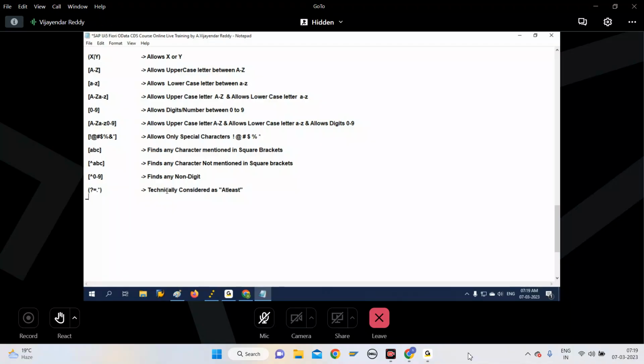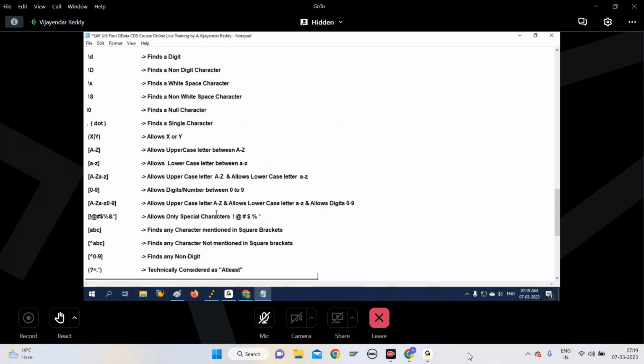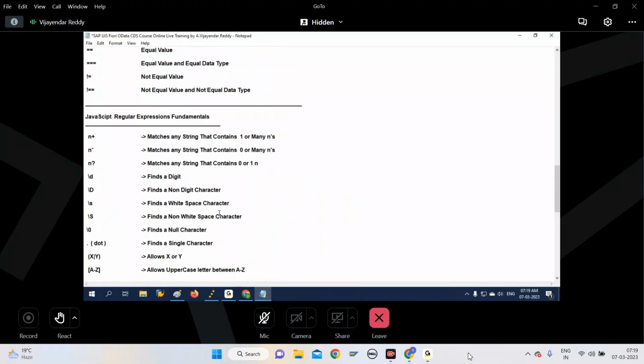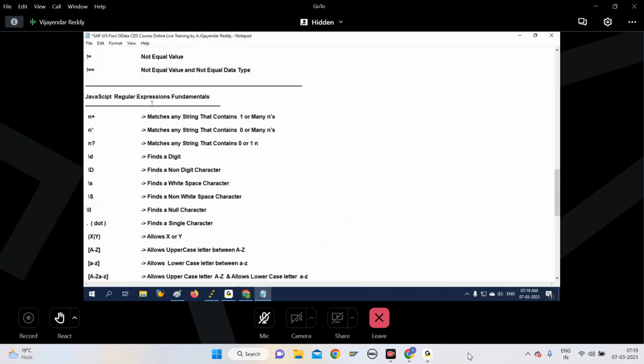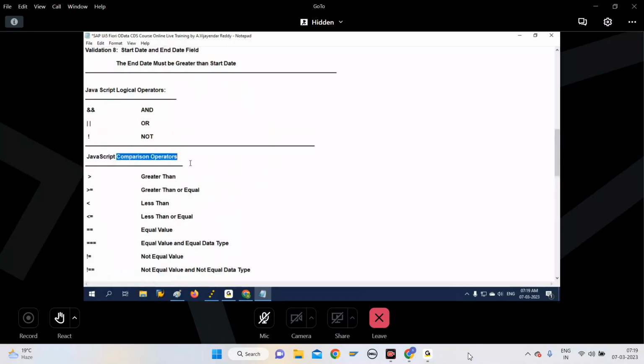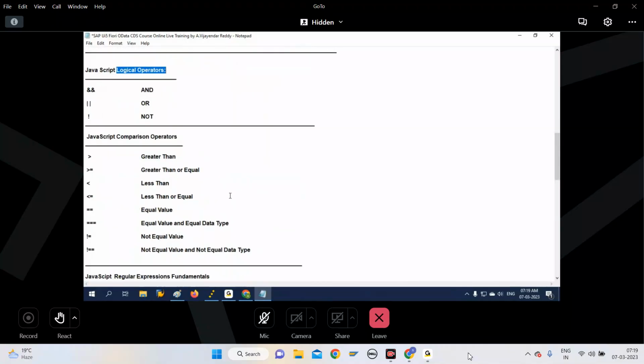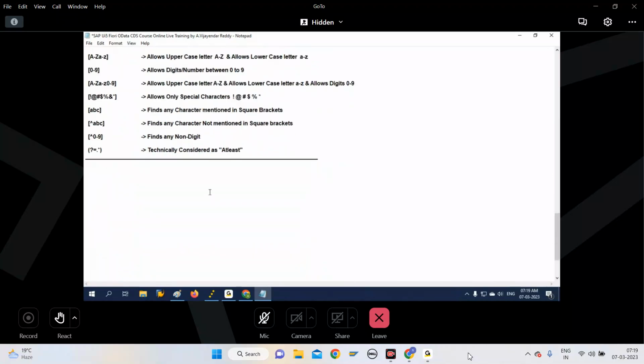Just remember this. These are some of the things that you need to notice before we apply validations. These are common things for both UI5 and Fiori apps. Regular expressions, comparison operators, logical operators, all these things are very essential to apply validations. And not only that,